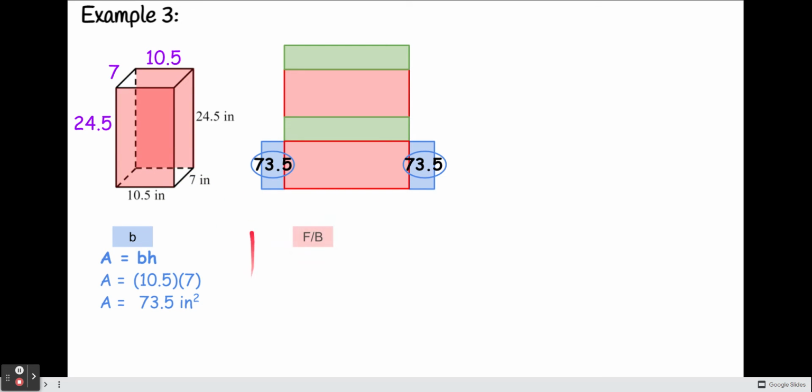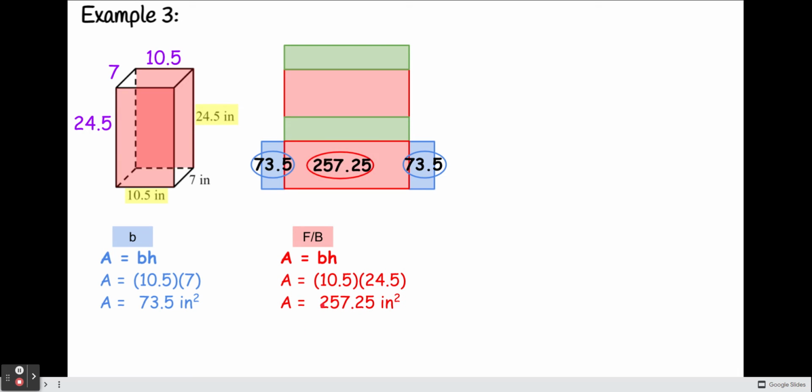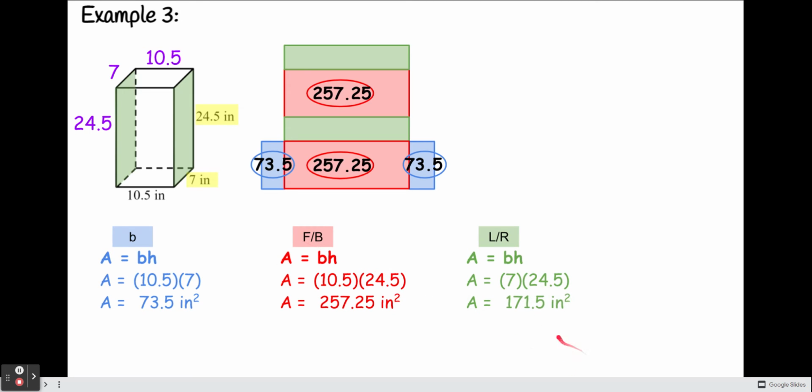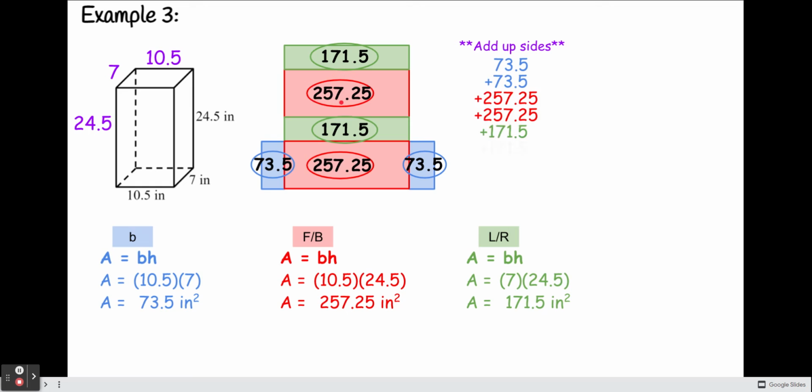Let's do the front and the back. Front and the back is base times height, and it's 10.5 times 24.5, it looks like. And I multiply those two up, and I get 257.25. Both of those are 257.25. And finally, let's do the left and the right side. Base times height, because they're both rectangles. It looks like the base is 7, the height is 24.5. And I get 171.5 for both of them. Add them all up, you should get